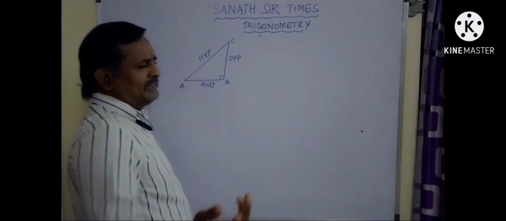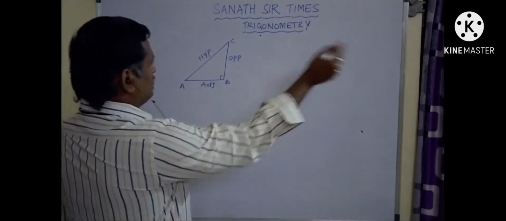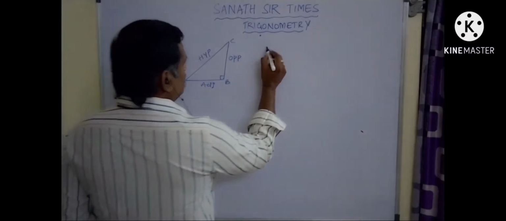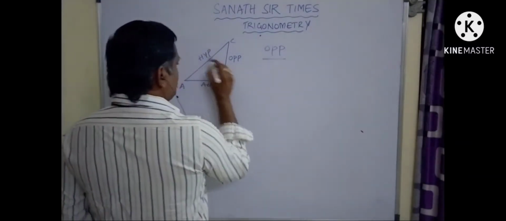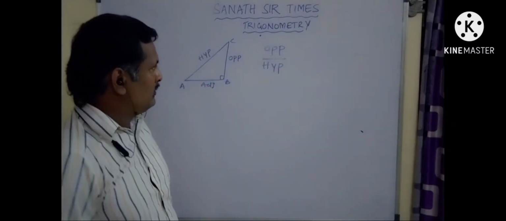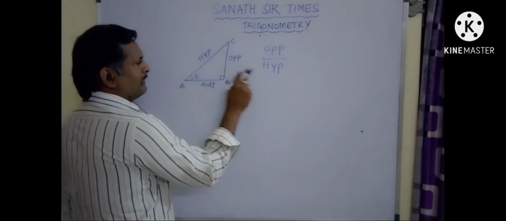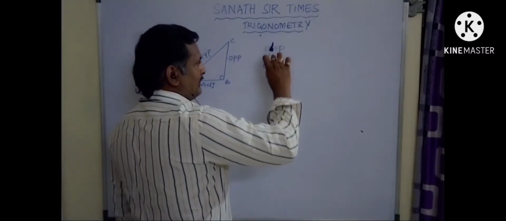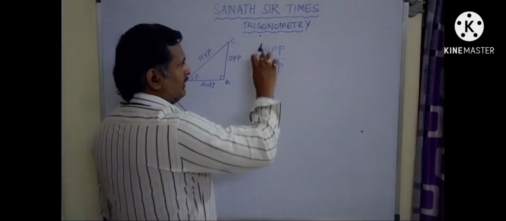Now let us play a game. Trigonometry is a game, that's all. Don't treat it as a mathematical concept. So I want to divide the opposite side by the hypotenuse. This hypotenuse is the longest side, already you know. So the opposite side to theta, I am dividing it by the hypotenuse. This is nothing but numerator by denominator. We call it a fraction, or else we can also call it a ratio.